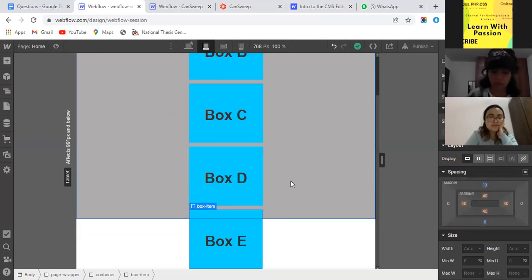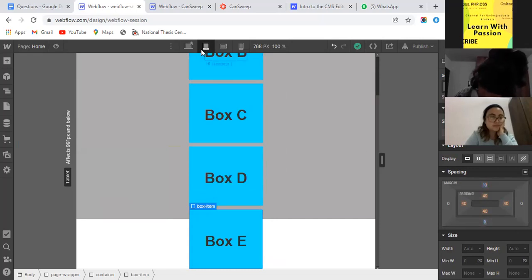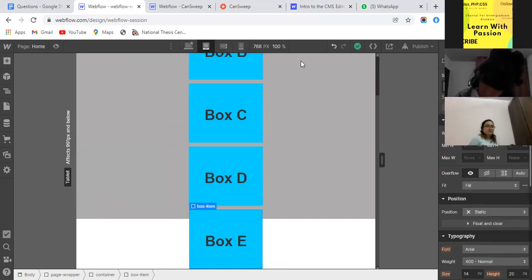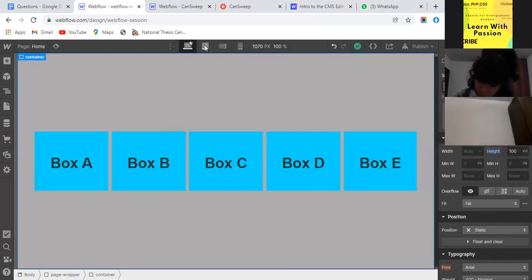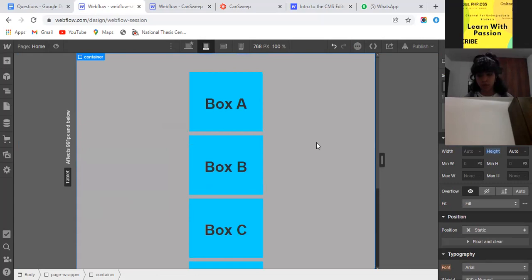Similarly, on the mobile variant, it's going outside of the parent container. Therefore, we try to avoid that. If I use fixed height for the desktop variant, it's looking great. But now what we need to do is remove the fixed height from the tablet and other variants. We also have this option.